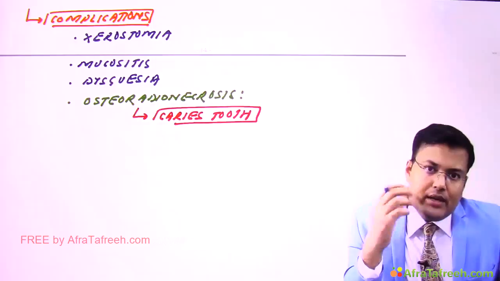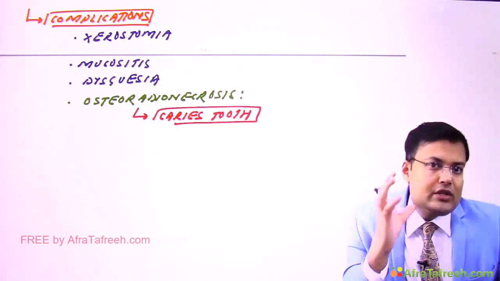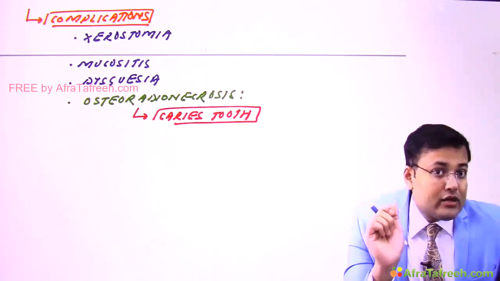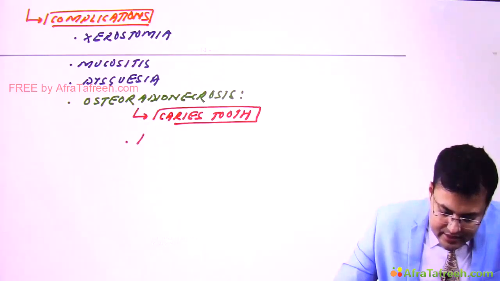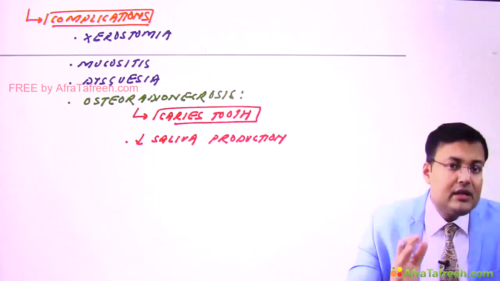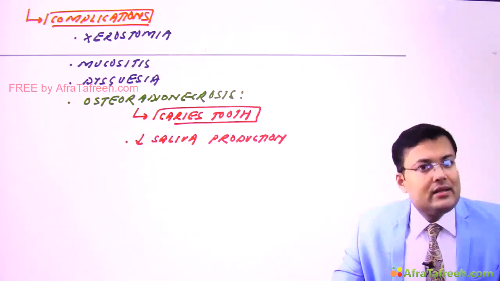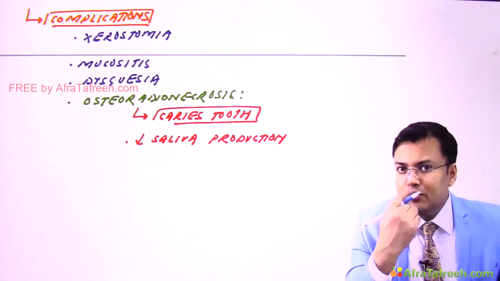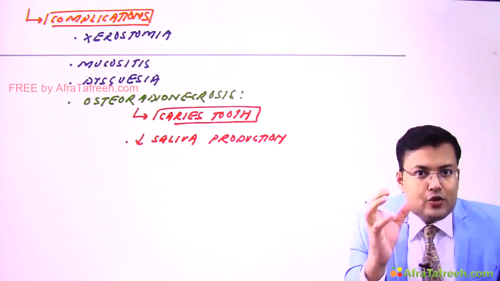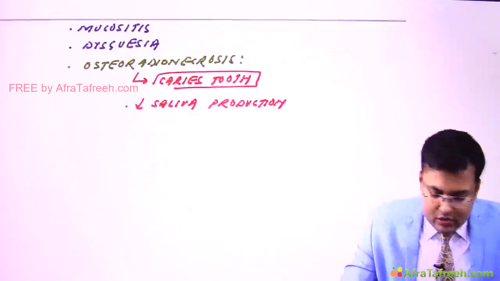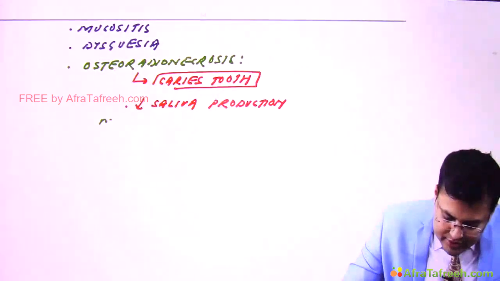What's the problem here? Because of this radiotherapy, there is altered microcirculation of mandible as well as maxilla. And if there is altered microcirculation, what's the problem? There is decreased saliva production. So there is decreased saliva production because of altered microcirculation of mandible and maxilla. So how we are going to manage this osteoradionecrosis? First, the patient should be having good oral hygiene. There should be dental care, and we give hyperbaric oxygen therapy. So how we manage osteoradionecrosis?